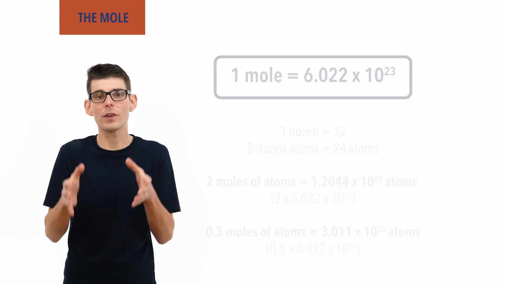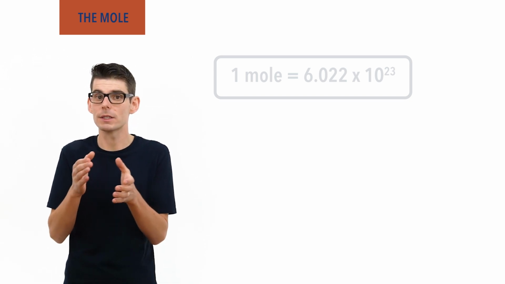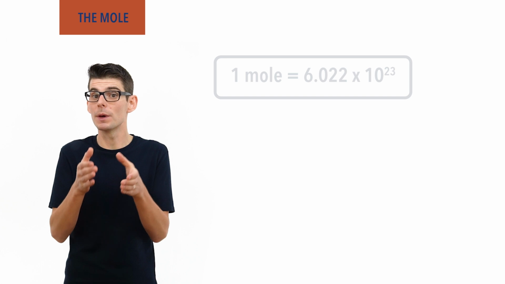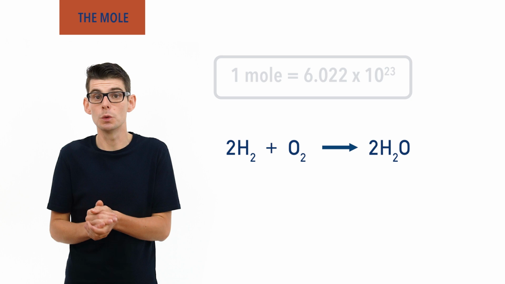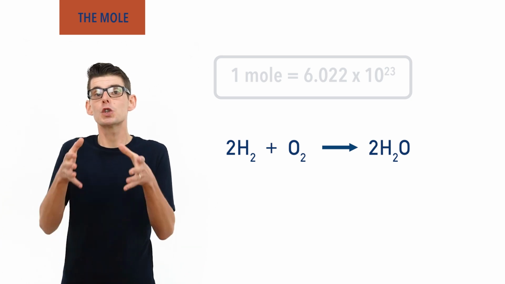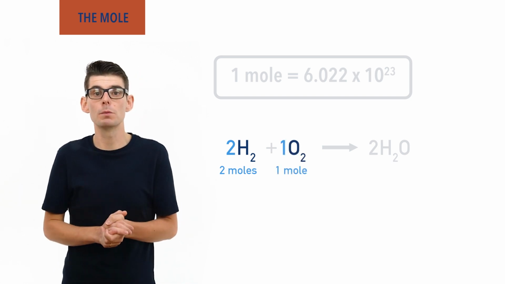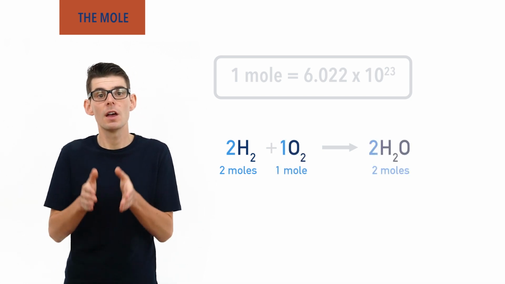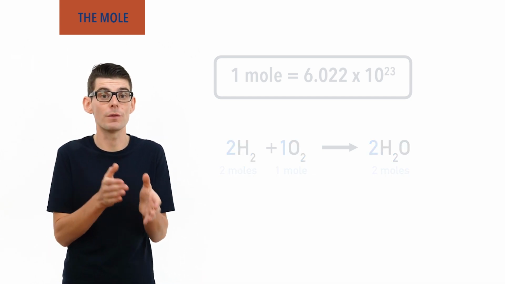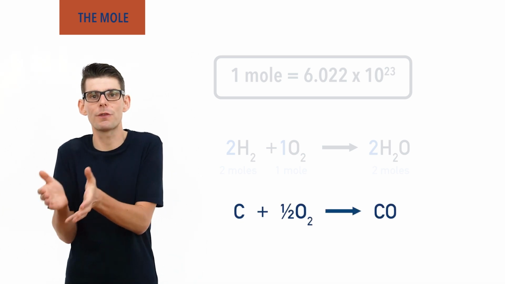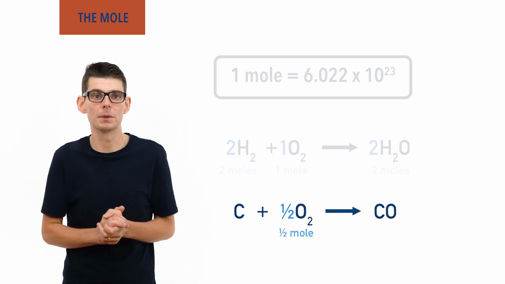For example, with equations for reactions, it is actually the number of moles of each reactant and product involved that the ratio in the equation is referring to. The equation 2H2 plus O2 forming 2H2O means 2 moles worth of H2 molecules react with 1 mole's worth of O2 molecules to form 2 moles worth of H2O molecules. This is why equations can sometimes have half values in. As we aren't actually referring to half a molecule, we are referring to half a mole's worth of that molecule.